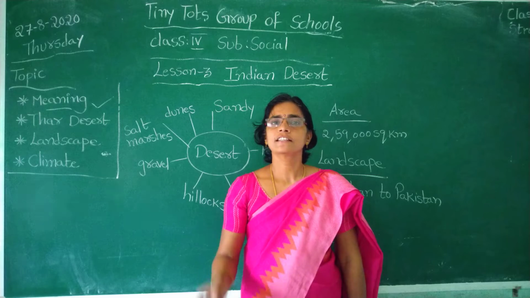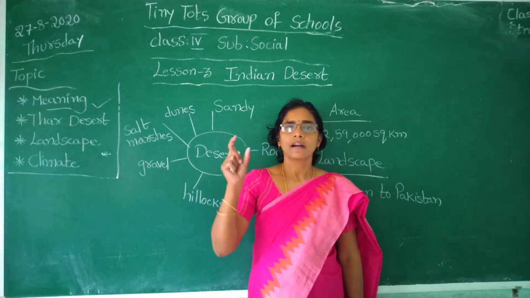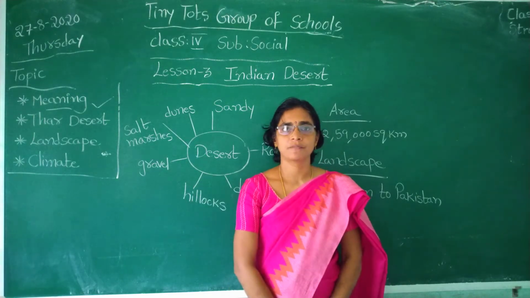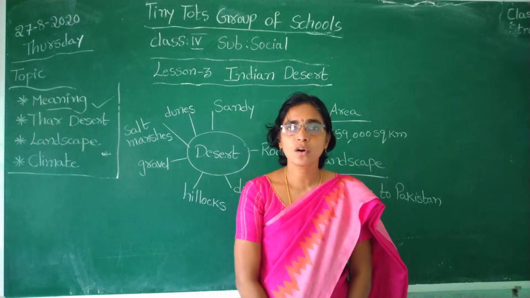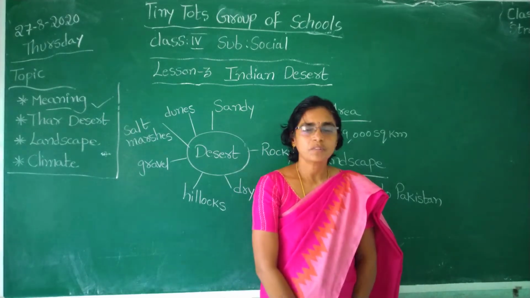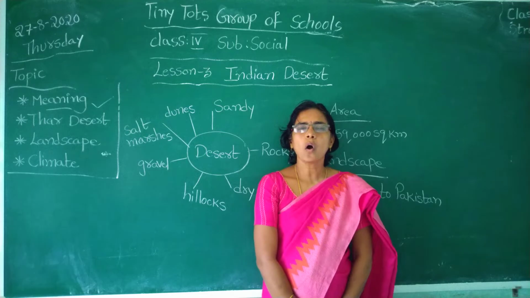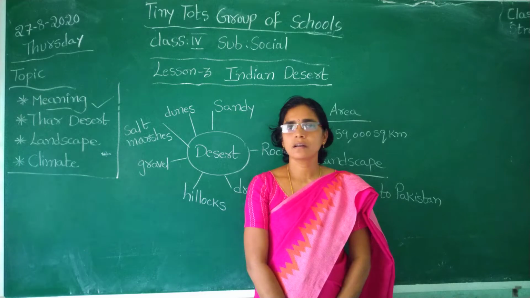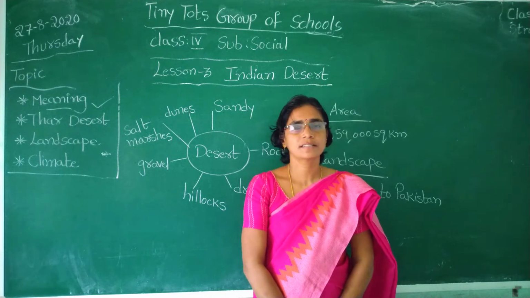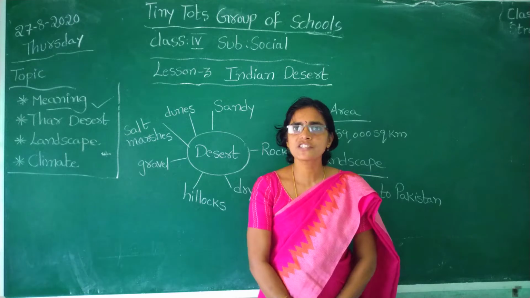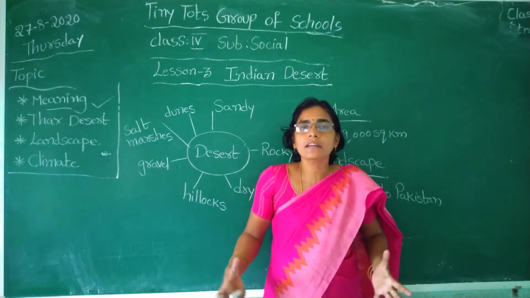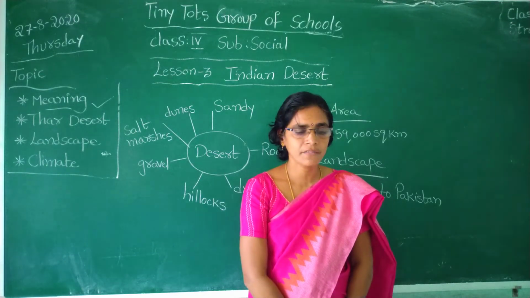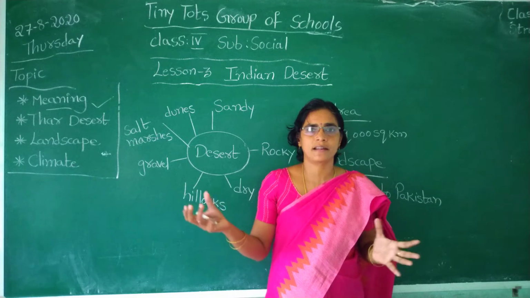So what is the meaning of desert? A place which is dry, hot, sandy and rocky, which is having very less vegetation. That is called a desert. And in the deserts, mostly hot and dry winds blow. We can't feel comfortable in a desert region. Why? Because there is no moisture in the air. We feel very hot. We get blisters also on our body. Hot and dry winds carry a large amount of sand.